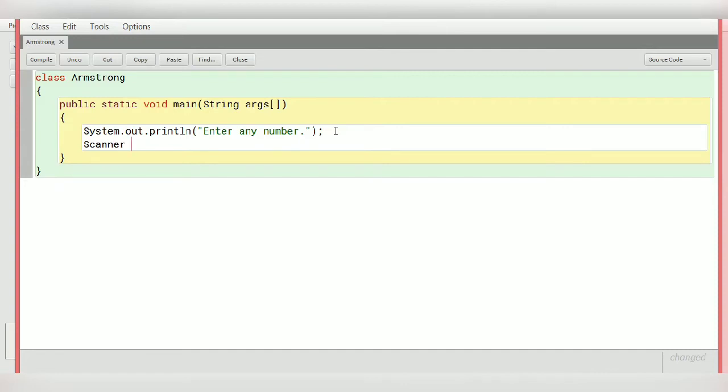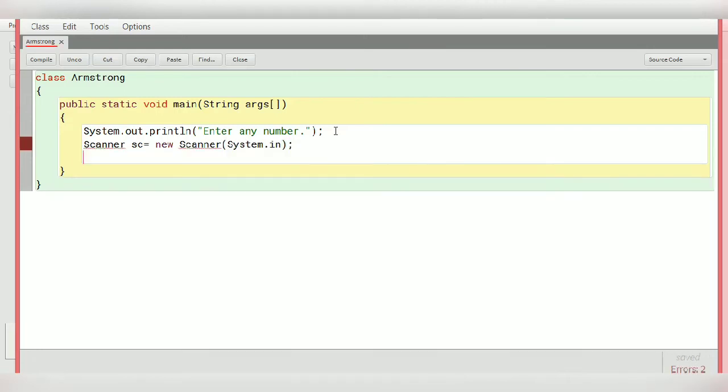Scanner sc equals new Scanner(System.in). So I have created an object of Scanner class. So let us take an integer, say number equals sc.nextInt().